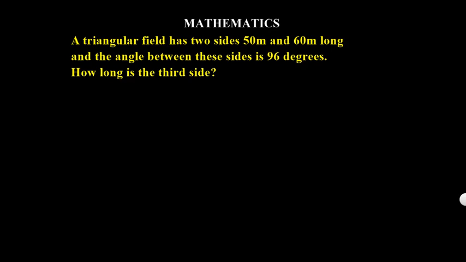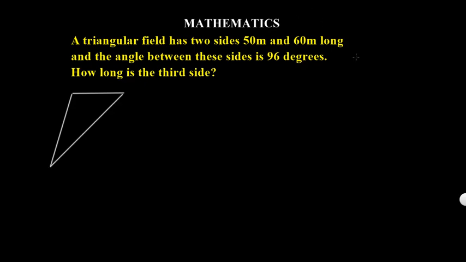So the very first thing is to try to interpret this question into a diagram. A triangular field has sides 50 meters and 60 meters long. Let's say I pick this side, that's 50 meters, and the other side 60 meters, in which the angle between them is 96 degrees. If I draw it like this, it will give me angle 90, but we are talking about angle 96, so let me try and do something. And the third side, if I close it,